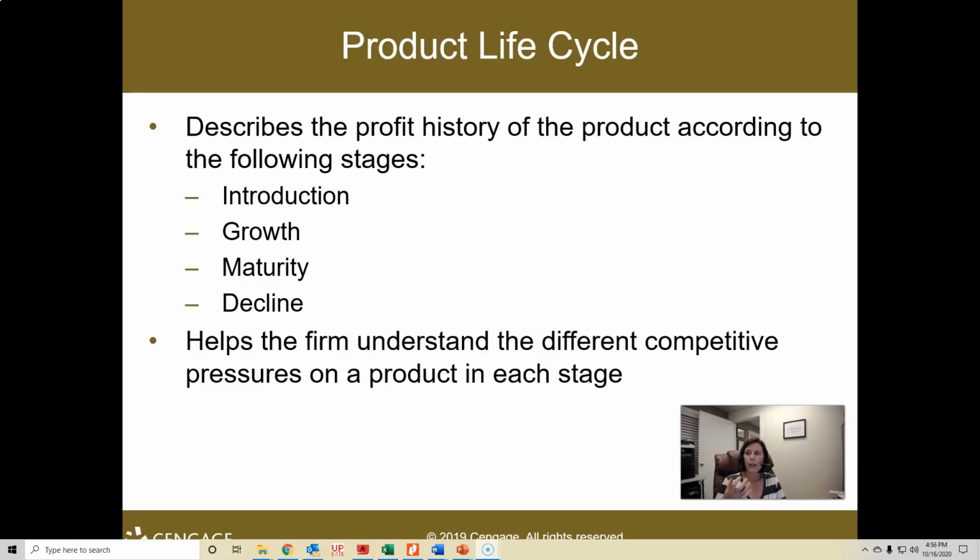Theoretically, it builds in popularity, it reaches a point of maturation, and then perhaps through obsolescence or just because everybody has one, and how many spatulas do you need, sales start to decline. And so by charting the product life cycle, it helps firms understand where their product is in its relative life cycle